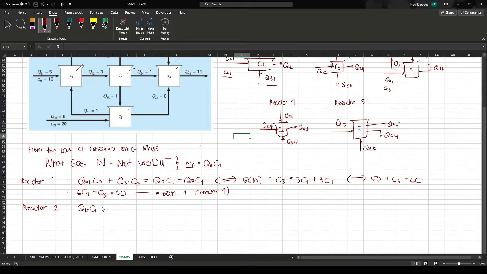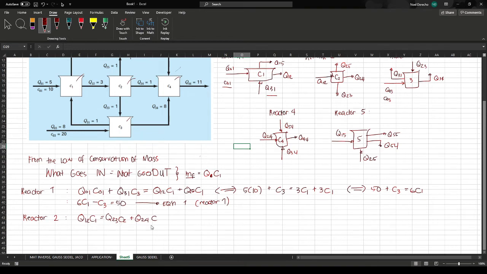Then 3 outputs, starting from Q23 C2 plus Q24 C2 plus, above, which is Q25, plus Q25 C2. Now plugging in the values, for Q12, that is 3 C1. Q23 is 1, so that is C2, plus